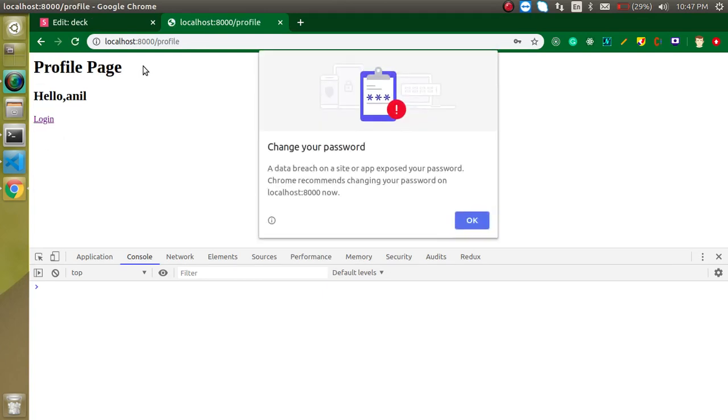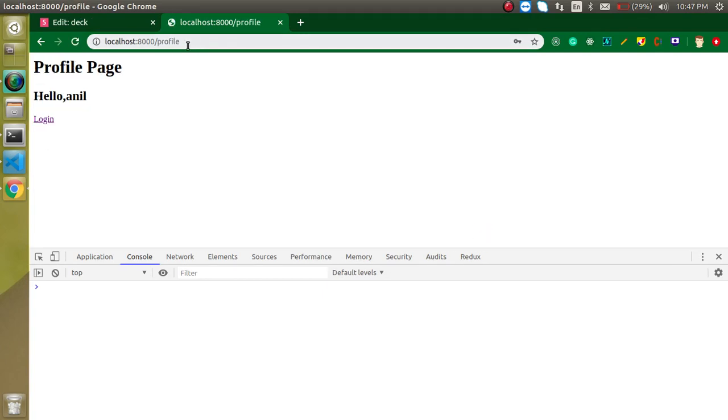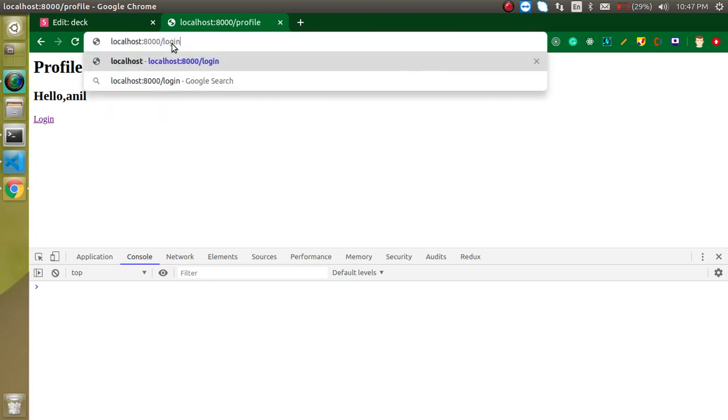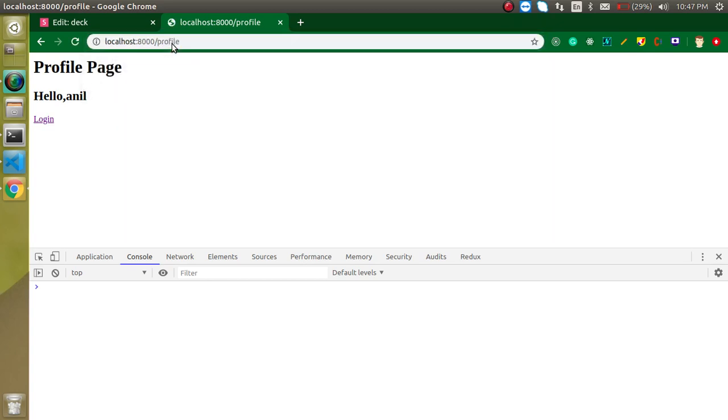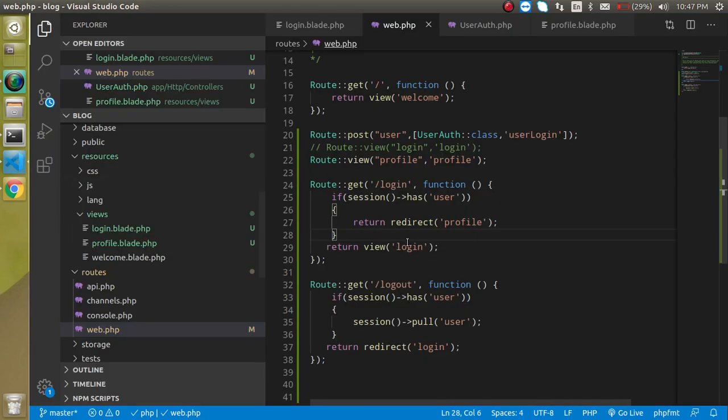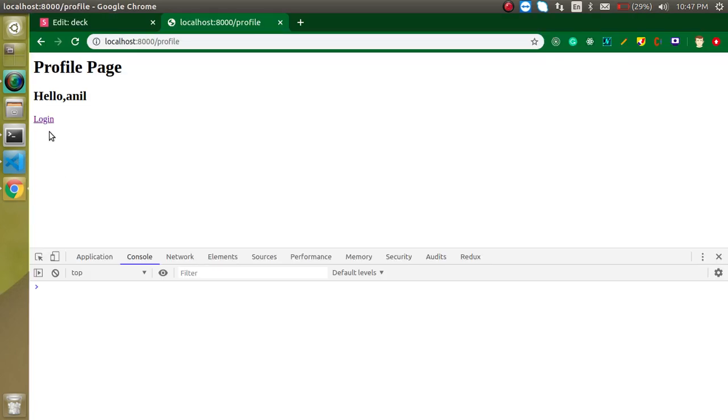Now I am on the profile page. If I directly try to go to the login, then I cannot go, because I am already logged in, and this functionality pushes me to the profile page again, right? And now if I log out manually, then my session is released and I can go to the login. So this is the complete functionality for the login.